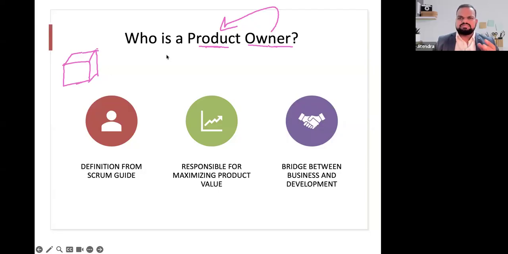And in layman's terms, the PO is all about someone who makes decisions about the product. So in fact, the core value, the crux of the job role is one thing: the PO is someone who is responsible for maximizing the product value. If you have to build the product, what functionalities, what features can we add so that this product comes out as a world-class product.